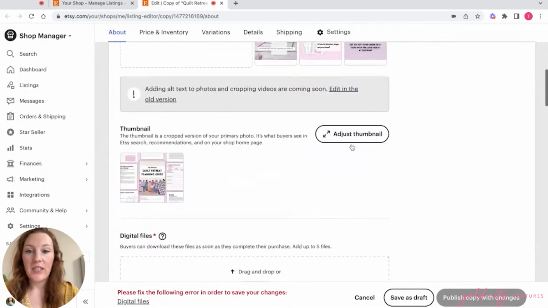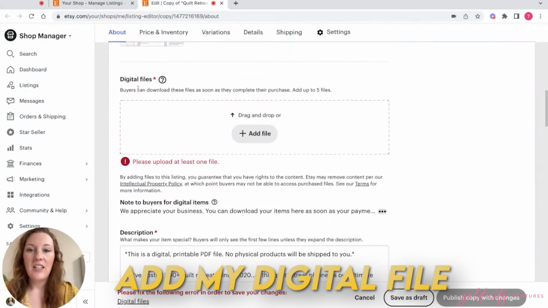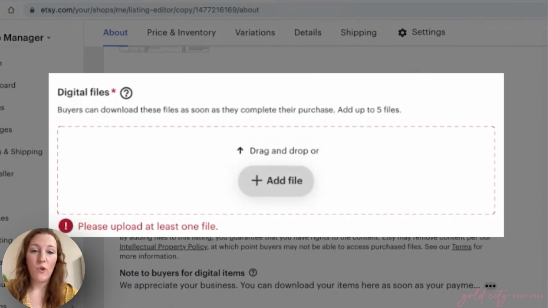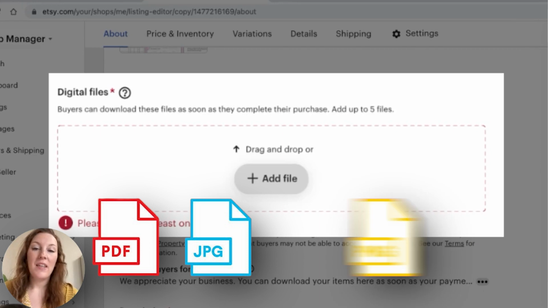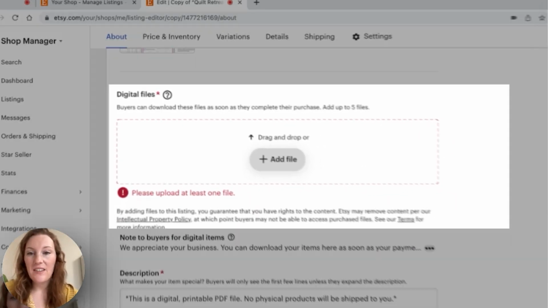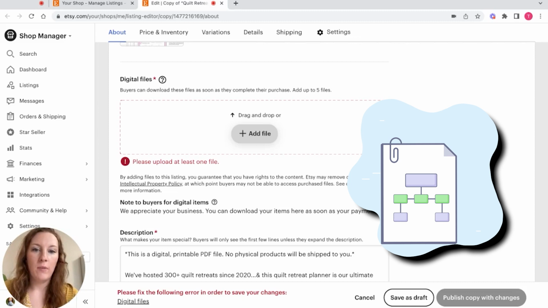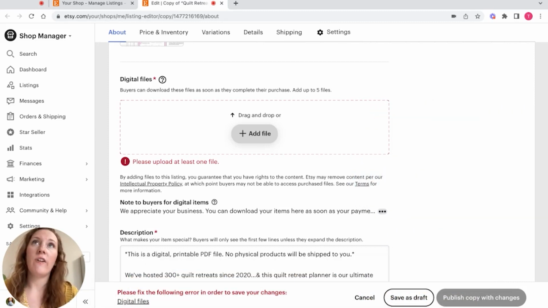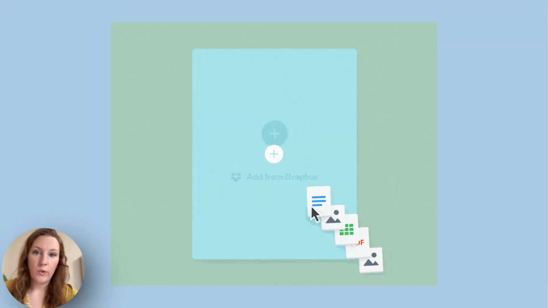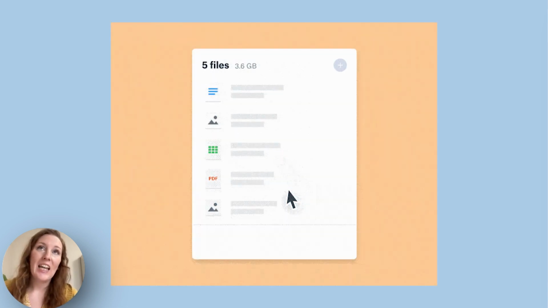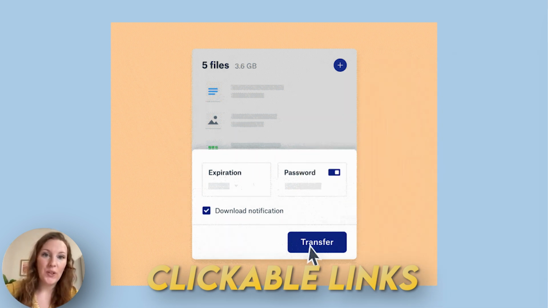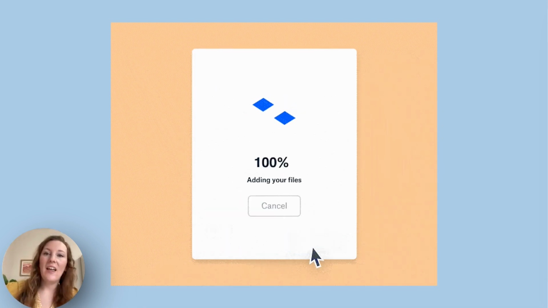And so I've got my photos here, and then I need to add my digital file. So you need to have this in some kind of form: PDF, JPEG, PNG, SVG, something like this. If you have multiple files, maybe you're putting them into a compressed folder. Or if your files are very large, you may need to put them into something like a Dropbox folder or something your customers can access, and then create a PDF file with clickable links to that Dropbox folder, and then